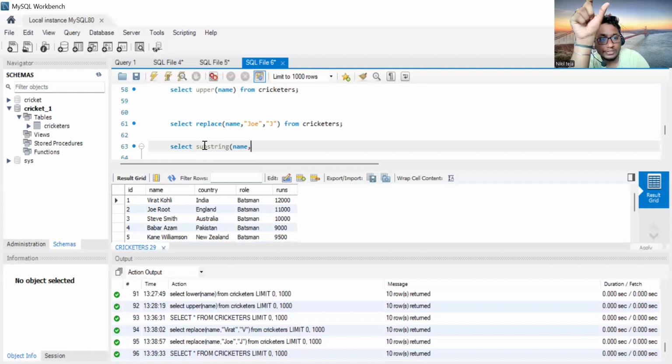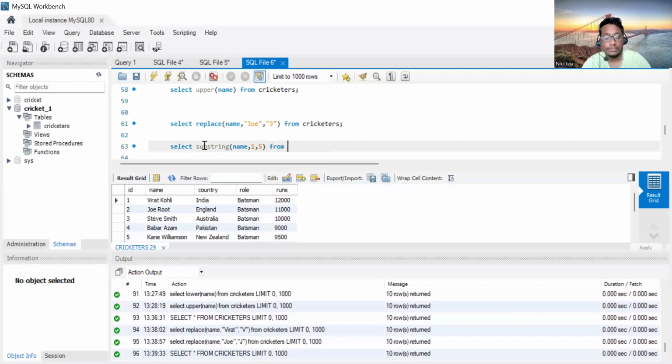In Steve Smith, we will be getting only Steve. In Babar Azam, only Babar. In Kane Williamson, only Kane. Why? Because the space is also counted as a character. The first letter of Virat Kohli is V, and the fifth letter of Virat Kohli or Steve Smith is T and E. So I'm giving the fifth letter as input,